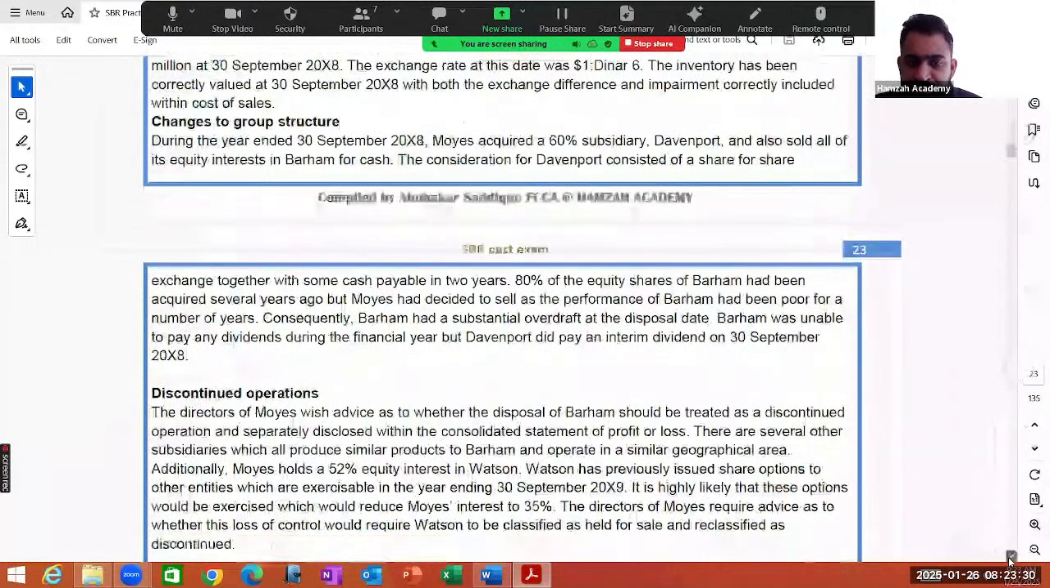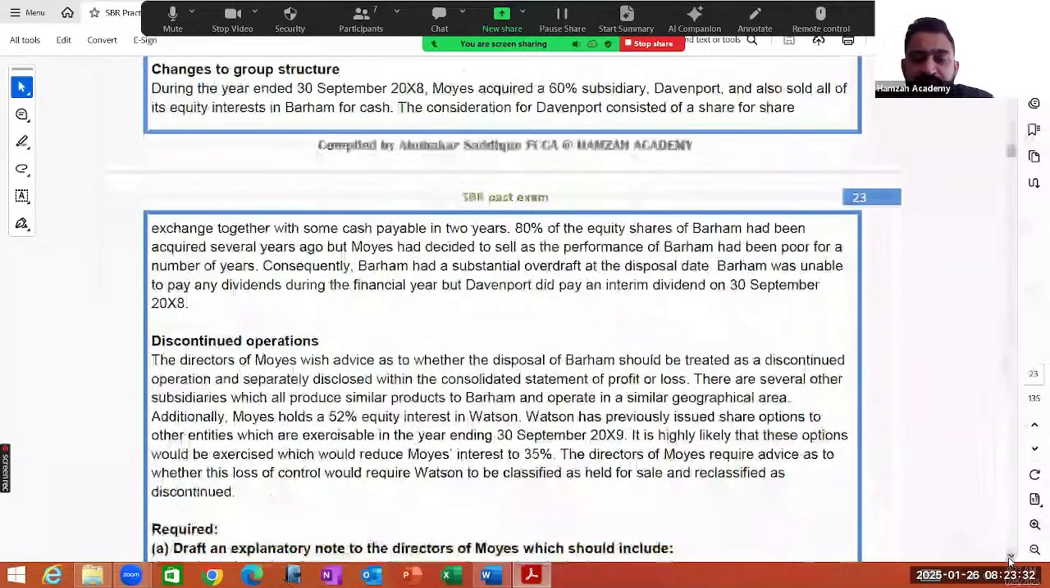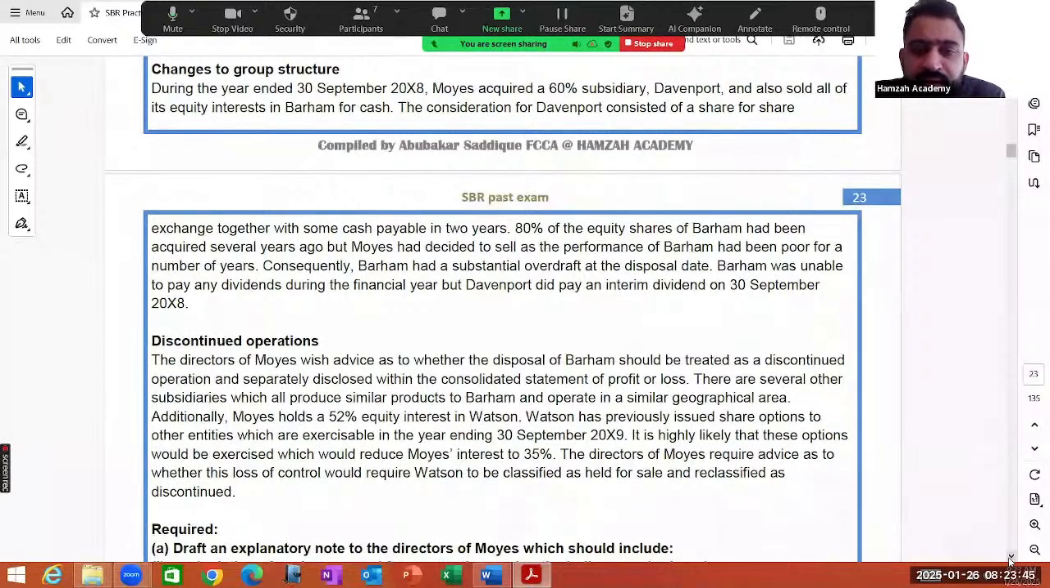Now let's have a practice question on IFRS 5. You can see a question on the screen. It starts from changes to the group structure. During the year ended 31st September X5, M acquired 60% subsidiary D and also sold all of its equity interest